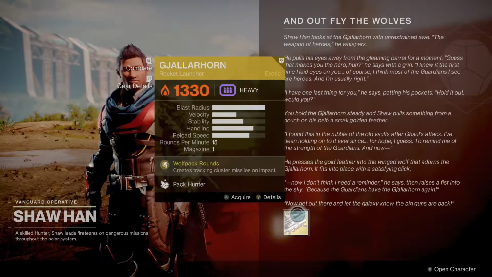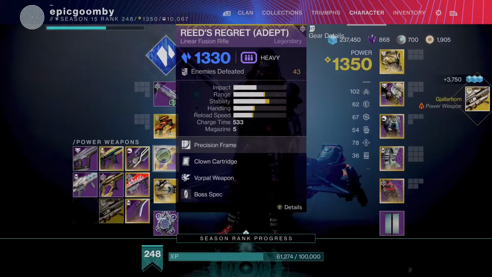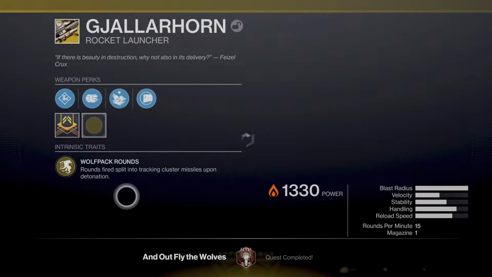Gjallarhorn is back and available in Destiny 2 as of this week for the third time in Destiny's history. Thank you, Bungo. So today we're going to be going through a super quick and easy guide to getting Gjallarhorn